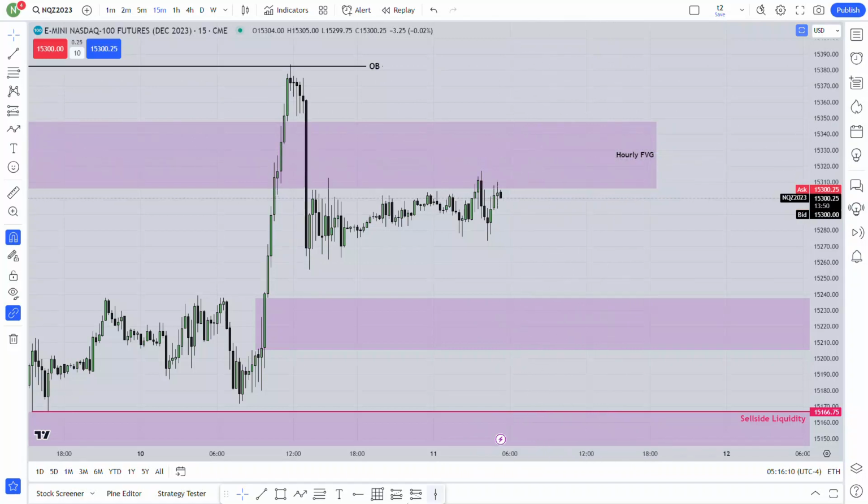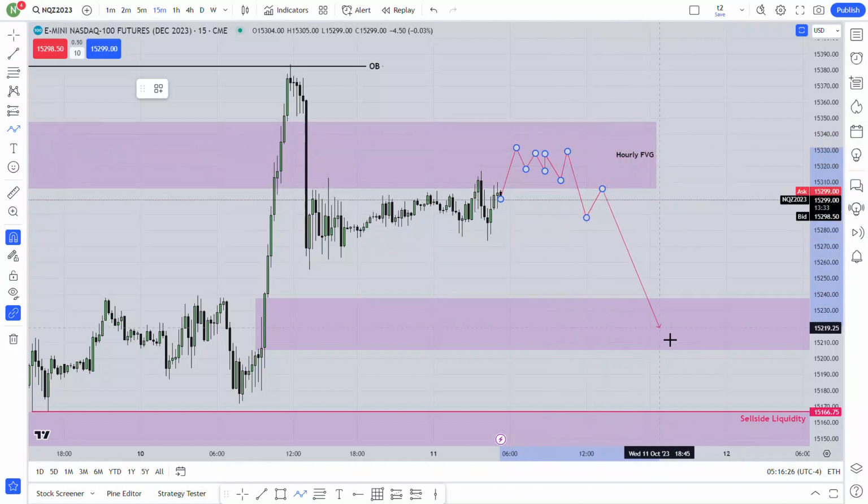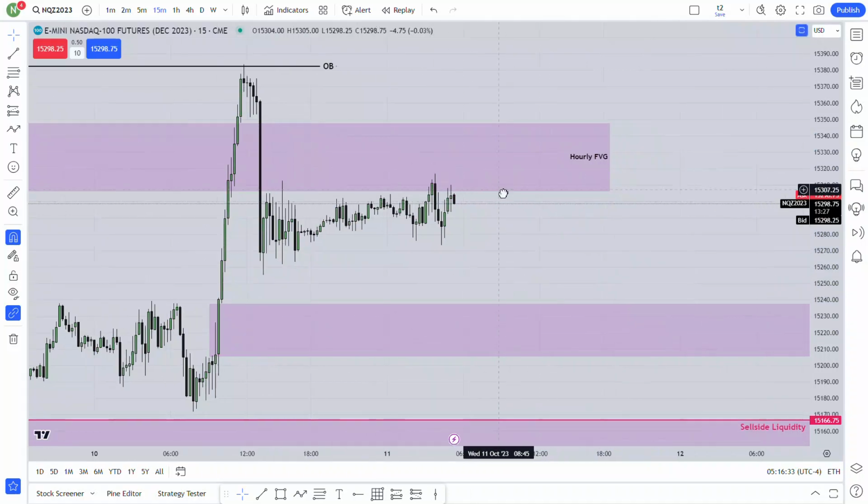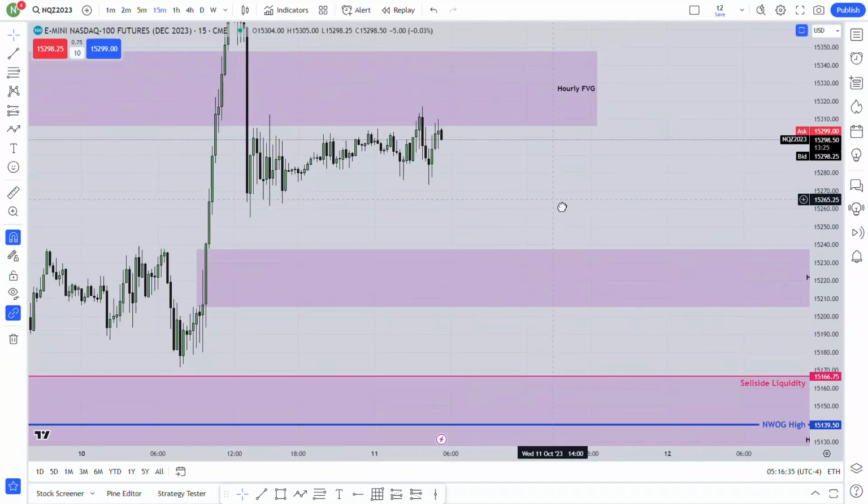Then I would like to see some kind of run. I'll show it to you. Okay, just think that way. It is actually respecting the consequent encroachment. Then I would like to see some kind of big run to the lower part, then it will trade the lower part of this hourly fair value gap, then it will break down. I would like to see this type of price action today, and tomorrow is CPI, I will see how it works